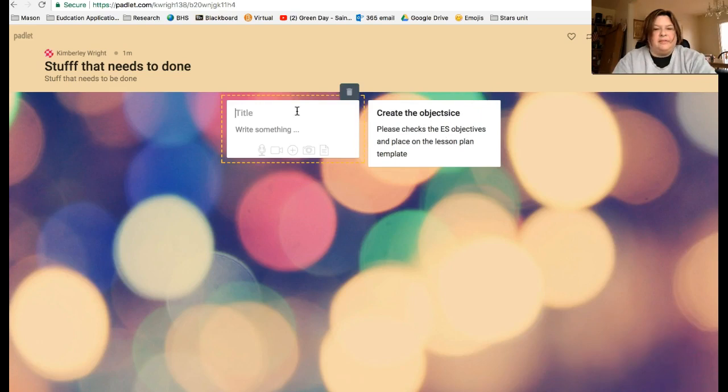Maybe another thing that needs to be done is to create the graphic organizer. So maybe on the graphic organizer, and my spelling is terrible right now, and maybe somebody needs to include lesson plan information on the graphic organizer. Right, so then you have those things set up so people know what to do, and when they